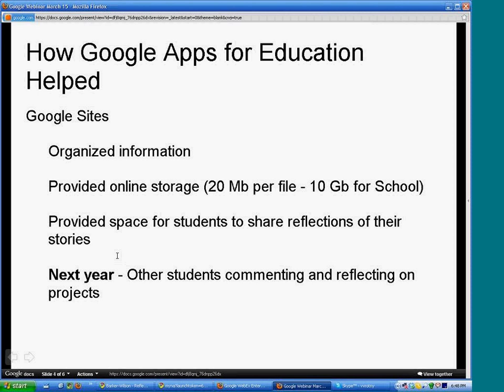We could point everybody to this as the homework assignment to watch other people's videos to give feedback, as well as read the reflections. And because this project is always evolving and because of the things that we've added, next year, the project in 2011-2012, we're going to be constructing and adding onto the Google site and into their individual